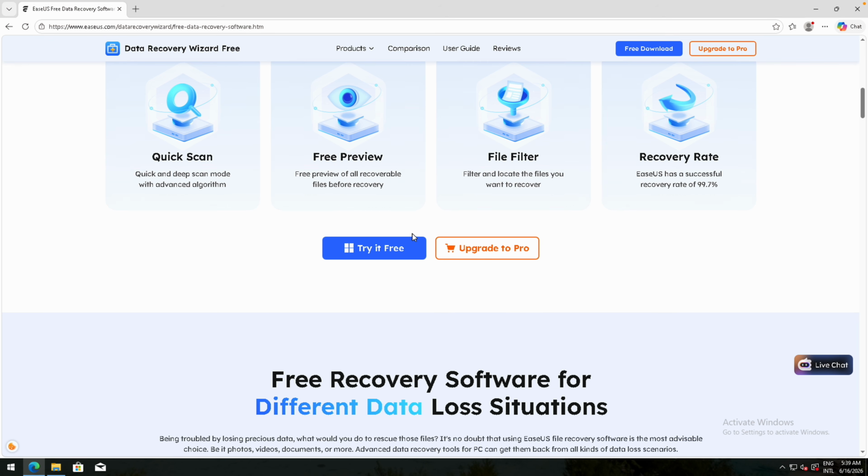Another major advantage is its industry-leading recovery technology. EaseUS has introduced a breakthrough technology called SmartSector Rebuild, or SSR. This technology is designed to accurately locate, rebuild, and recover fragmented files that other recovery tools may struggle to